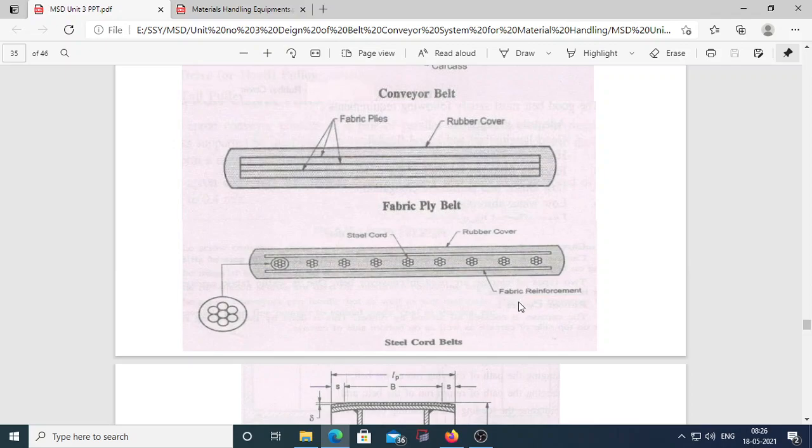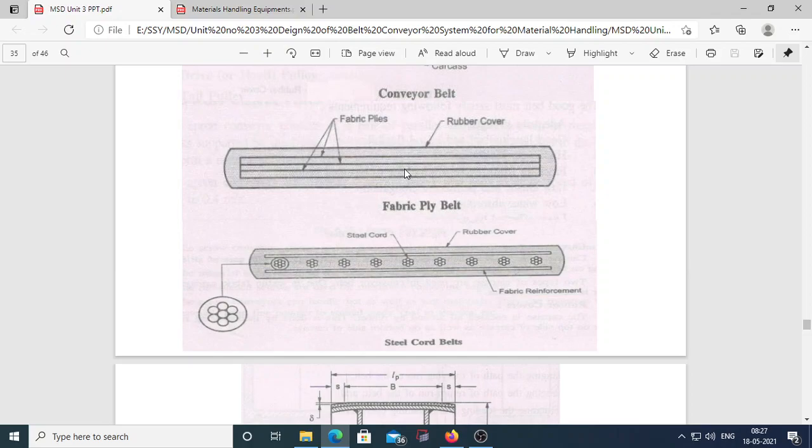Remember fabric ply belts and steel cord belts. The load supporting carcass is made up of a number of layers of plies, such as cotton, polyester, or fabric.